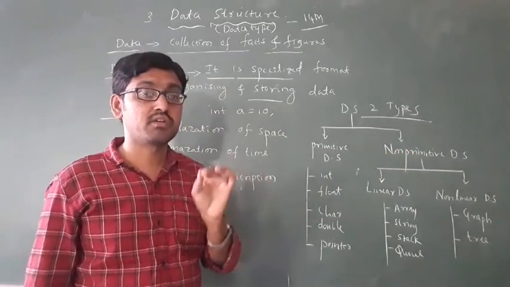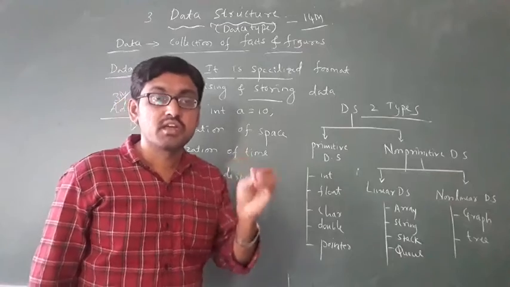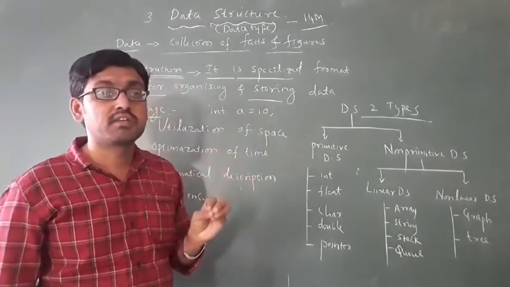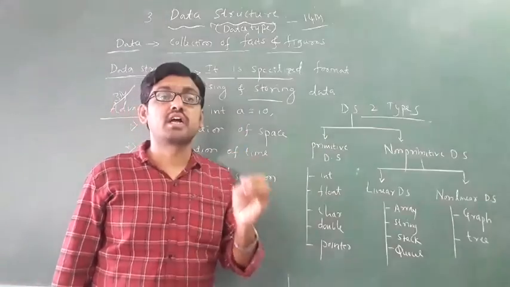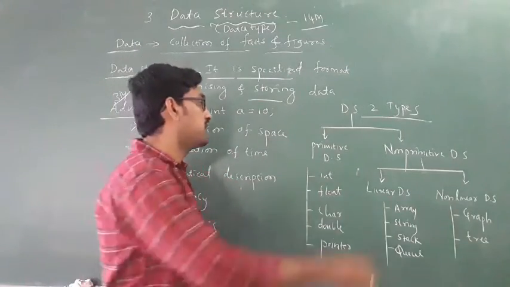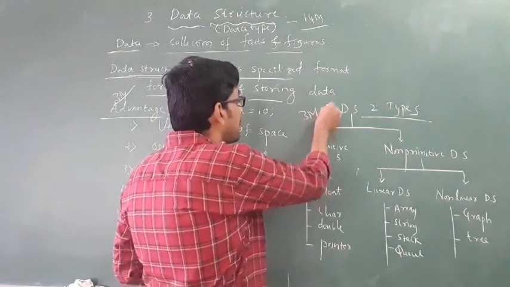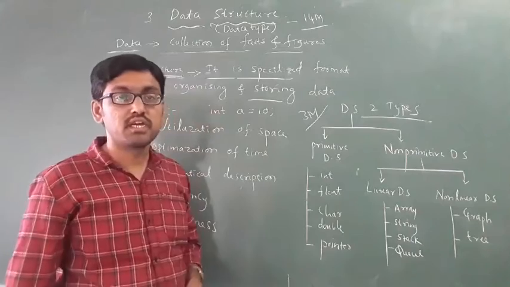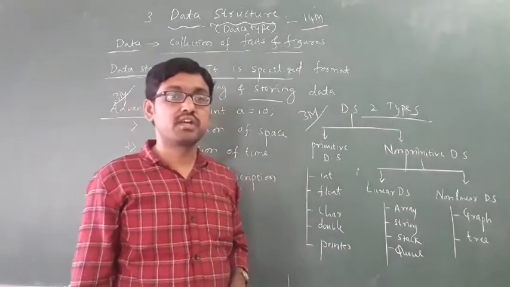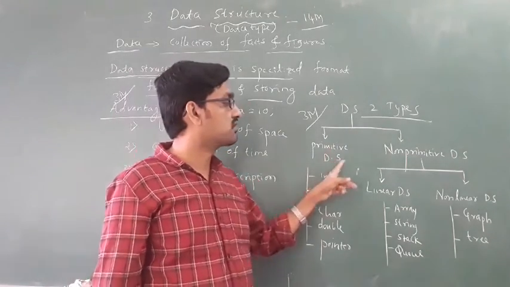This is also asked so many times. This is asked for 3 marks: explain the classification of data structure. The data structure can be classified into two types. First one is a primitive data structure, second one is